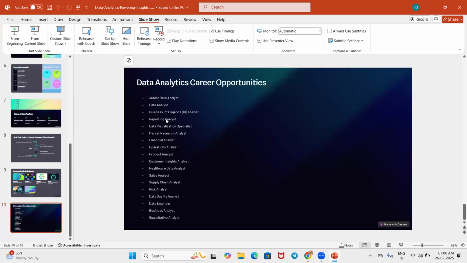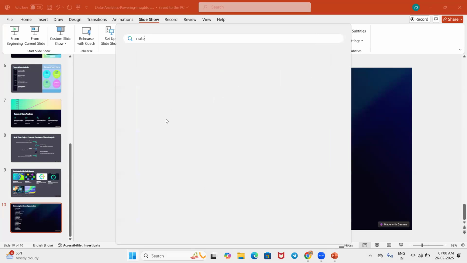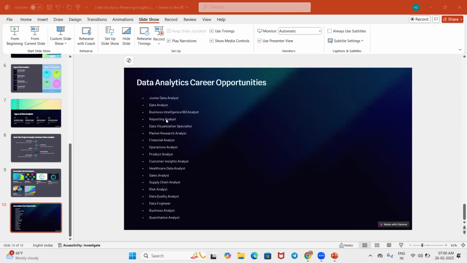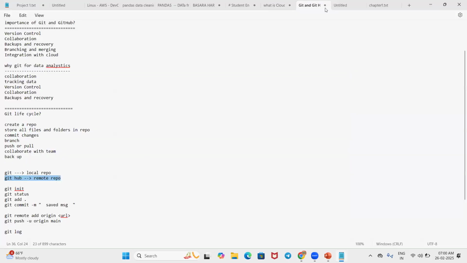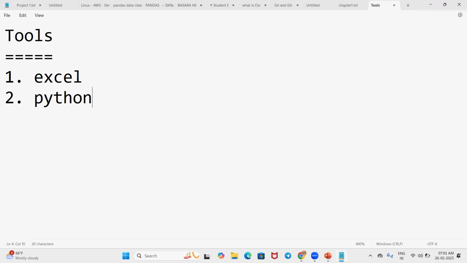When it comes to the tools we are learning, the first one is Excel spreadsheet. The second one is Python language.